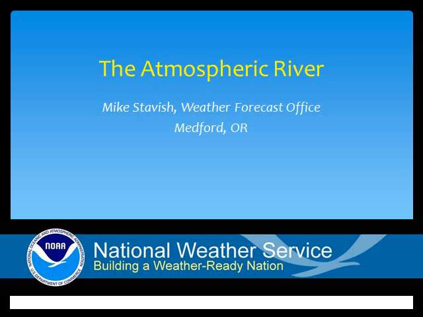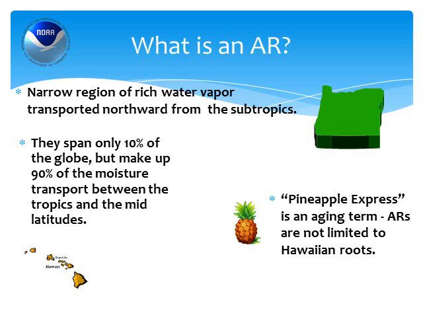This video will provide you with a short explanation of a relatively new buzzword that you may have heard lately, the atmospheric river, or AR. ARs are narrow regions of rich water vapor transport. They span only 10% of the globe, but make up 90% of the moisture transport between the tropics and the